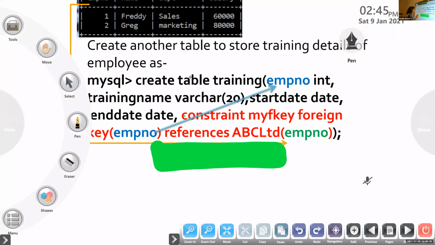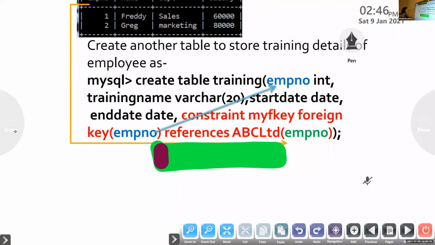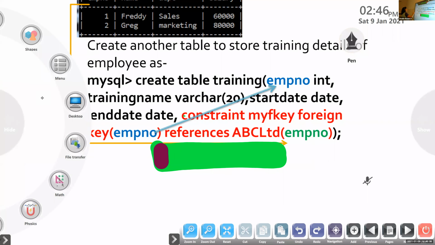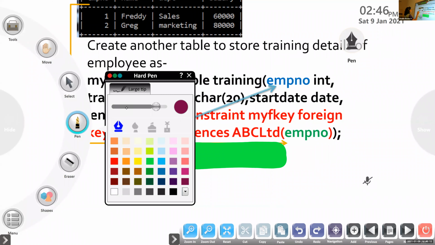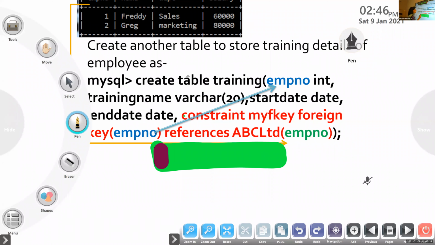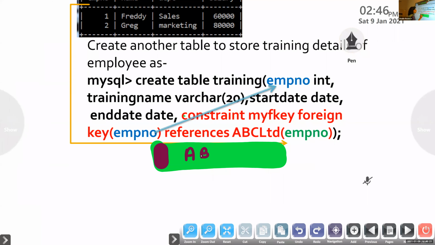The original table name is ABC Limited, and the primary key column is EMPNO. And in which table is it coming as a foreign key? In the training table.